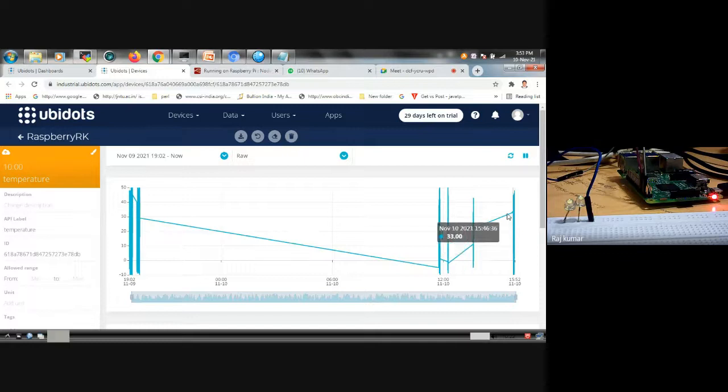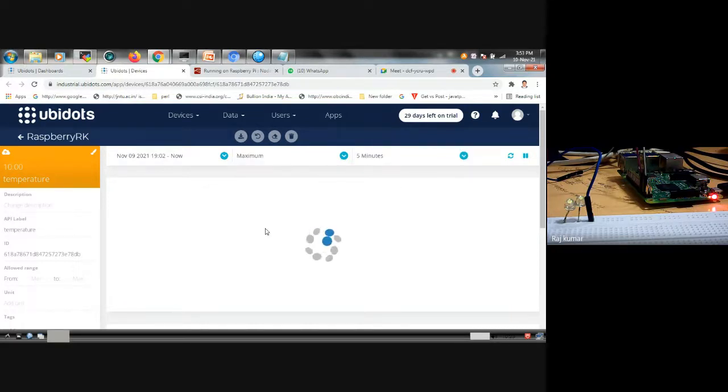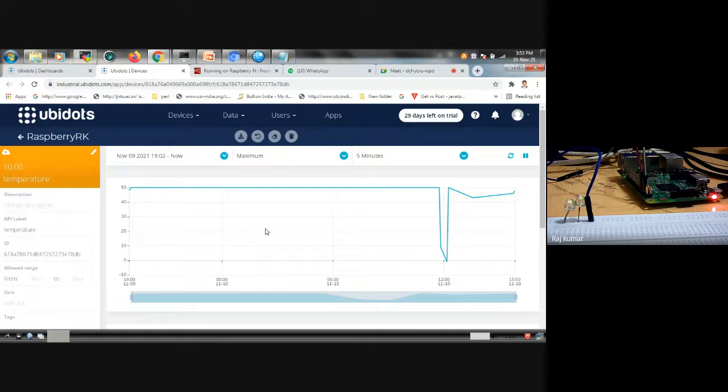I have given a delay time of 1 second, so large data sets are created. You can also export that data, and you can see the maximum temperature in that particular time, at what given time the temperature is high. Because I'm using only raw data, we are not performing any analytics on that.